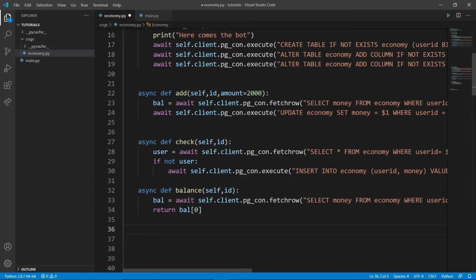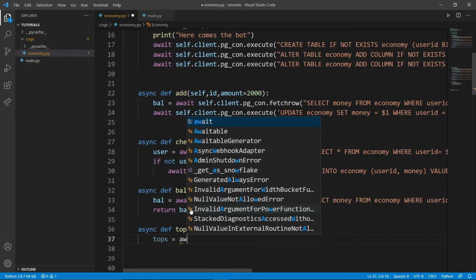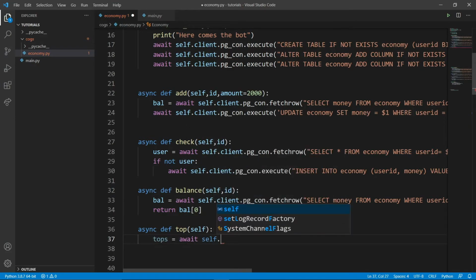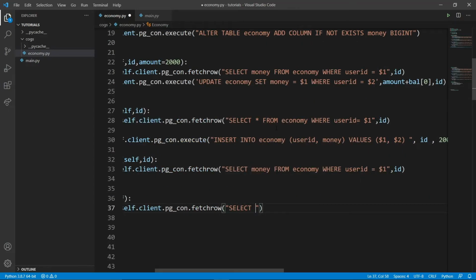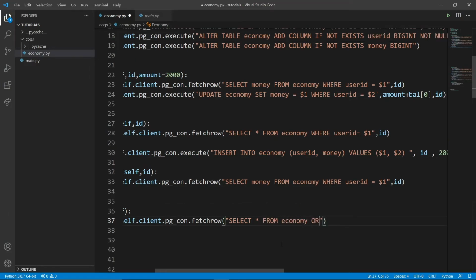Now let's say you want to create something like a leaderboard. Then we have certain functions for that, like async def top. So I'm going to just pass the self. We need not have anything else. I'm going to say tops is equal to await self.client.pg_con.fetchrow, and I'm going to say SELECT * FROM economy, and I'm going to say ORDER BY money